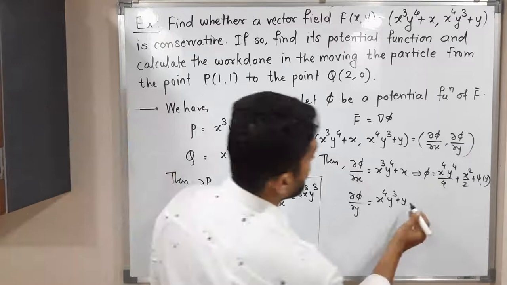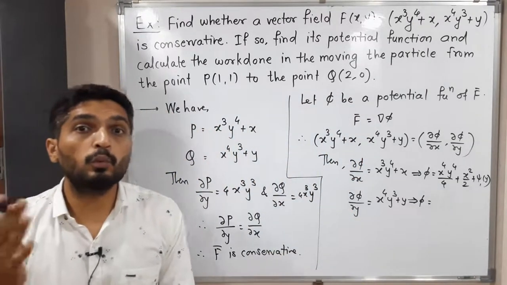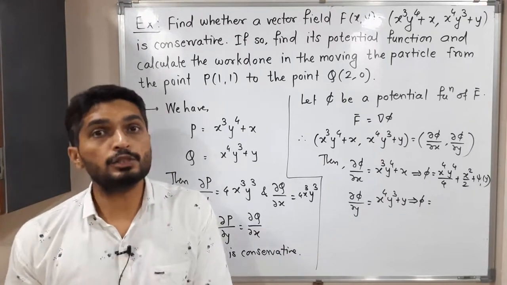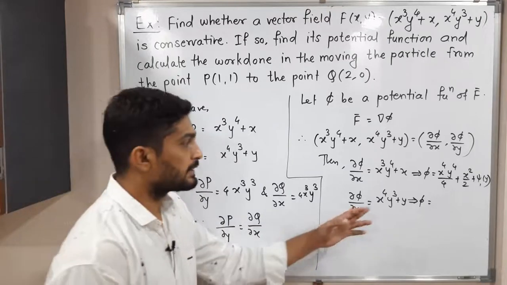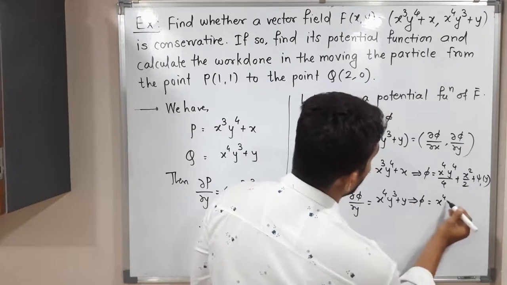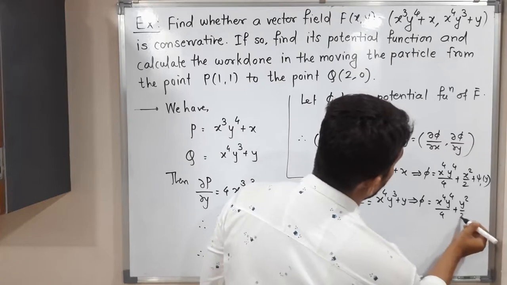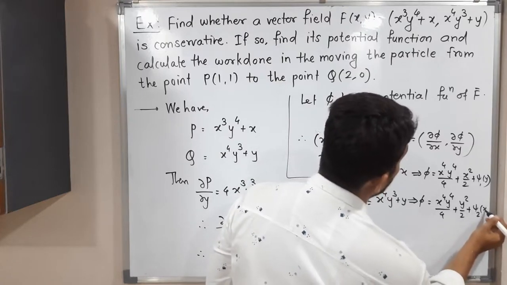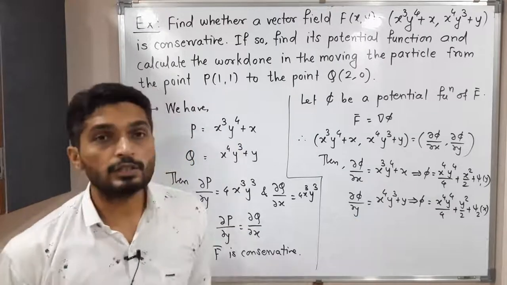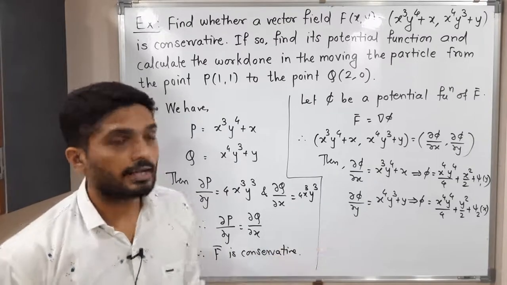Let us go further. We will repeat the procedure for the second term. That means here we are integrating with respect to y now. Derivative with respect to y and integration with respect to y will cancel each other, and we will simply have phi. Let us integrate with respect to y: x raised to 4 is constant. Integration of y cube is y raised to 4 by 4. Integration of y is y square by 2. Here I am supposed to write psi 2 of x, since when we integrate we write a constant of integration, and we are integrating with respect to y. So the constant of integration can be a function of x. That's why I wrote psi 2 of x.